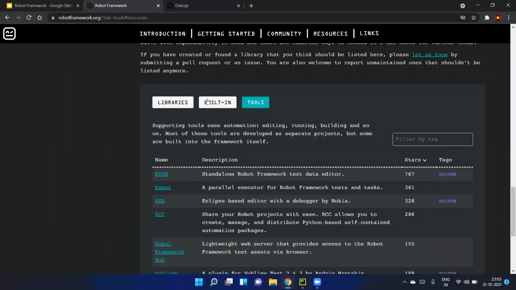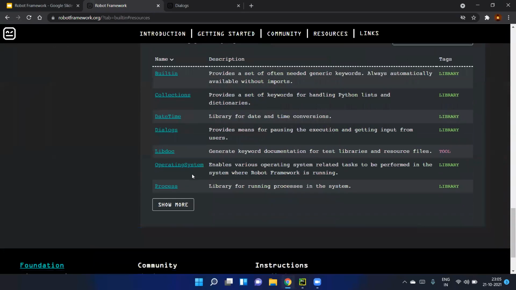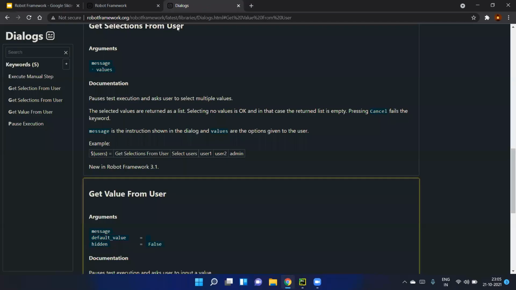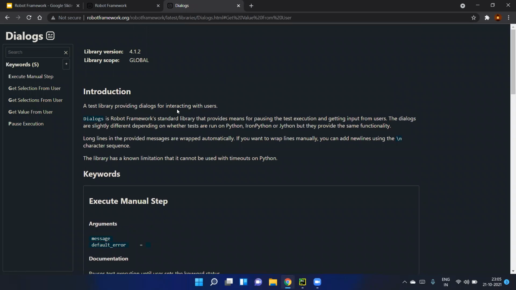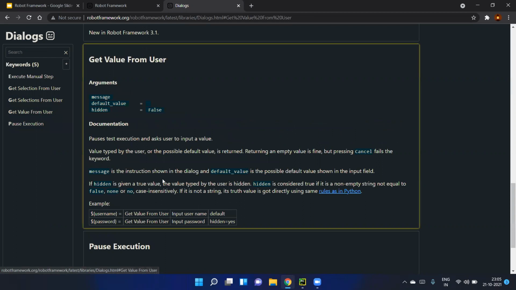you can go here and just click on the built-in, and here you can see this is the Dialogs library. If you open it in another tab, you can see what it does. If you go to the very top, this is just a library to provide a dialogue between the users and the system, right? So here we have used the keyword called Get Value From User, and you can see the example here itself.